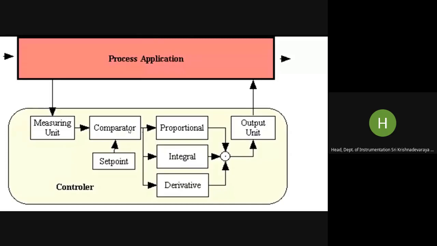So the error that is coming out of the comparator is given back to the controller, and this controller gives a typical control signal to the output unit, and this output unit can be an actuator which is driving or operating a process control valve, which is either controlling the flow of steam to reduce or increase the temperature, or reducing the air to increase or decrease the combustion, or controlling the chilled water flow rate either to cool or further cool. This is how the entire process controller works.